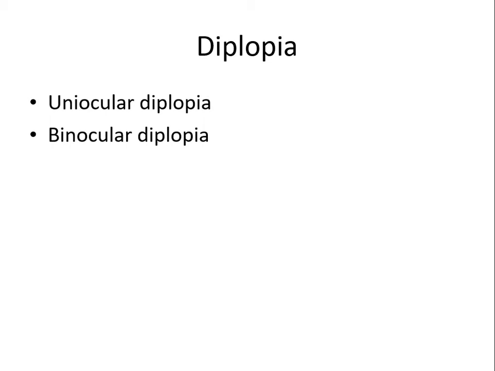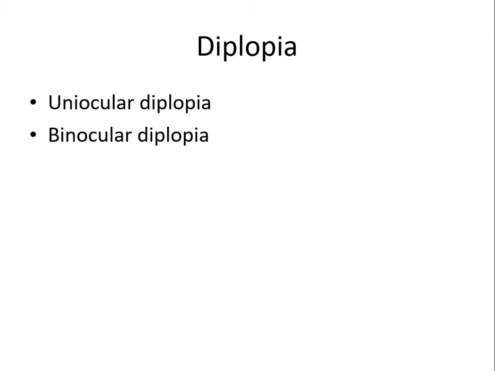As you all know, 90% of the vision will occur at the level of macula, and sharpness of the image will occur at macula. The image which falls on macula will be sharper and clearer, whereas the image of the object which falls on peripheral retina will be blurred because peripheral retina is not so sensitive. So when these two dissimilar images go to the cortex, it will refuse to fuse them. So the patient will start seeing one object as two. This is known as binocular diplopia.